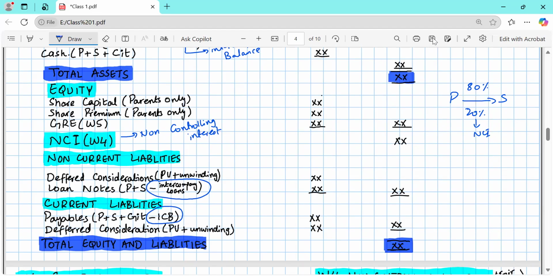If the parent company is controlling the subsidiary, it does not mean that the parent company will get 100% of the profits of the subsidiary. No, they will only get the 80% part. There are other people as well that have some shareholding in the company, right? So those others are known as NCI, non-controlling interest. So you have to calculate their valuation as well, and you will post it there. You will calculate that using working number 4. Clear? NCI.